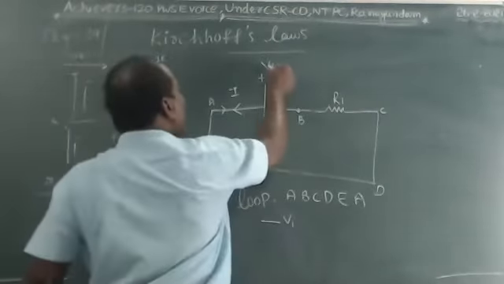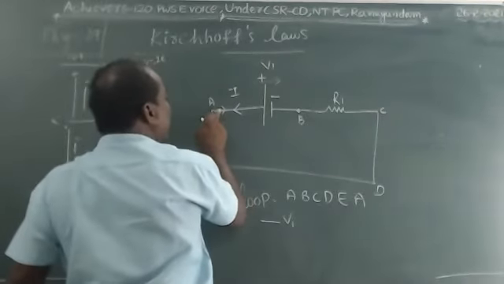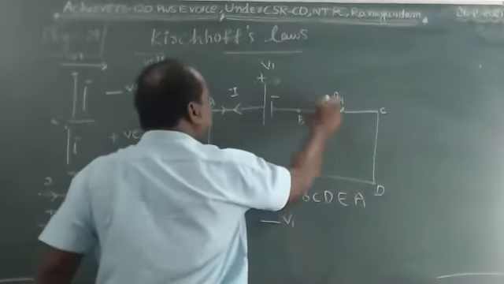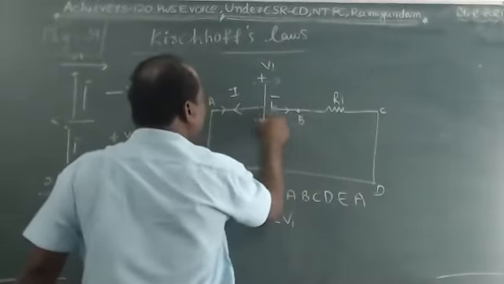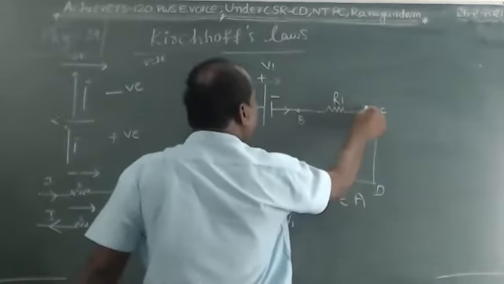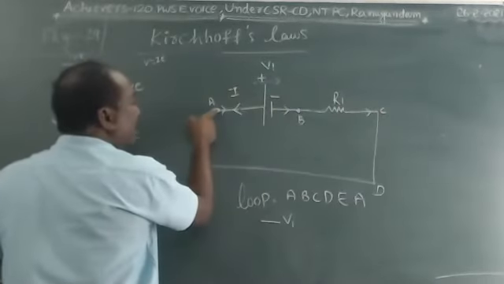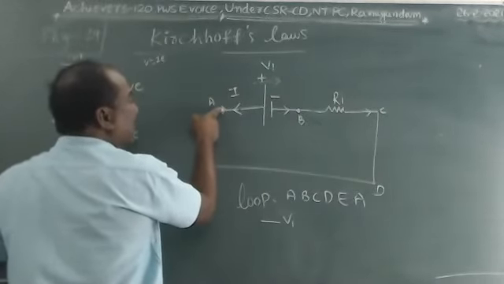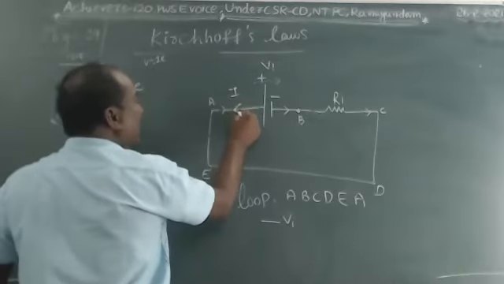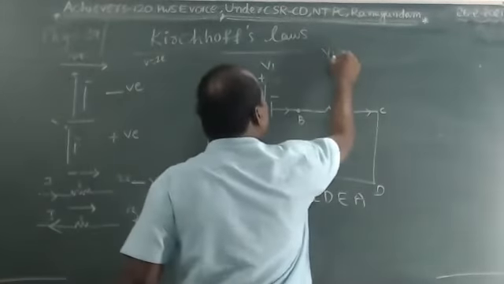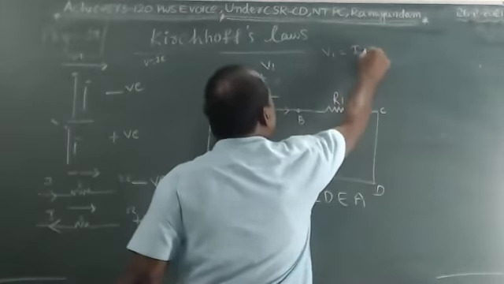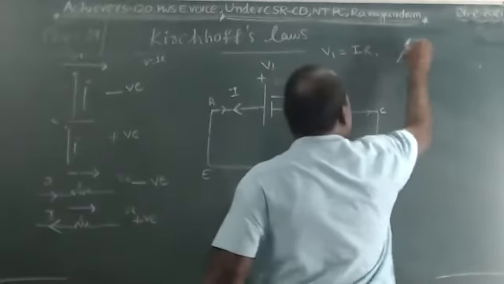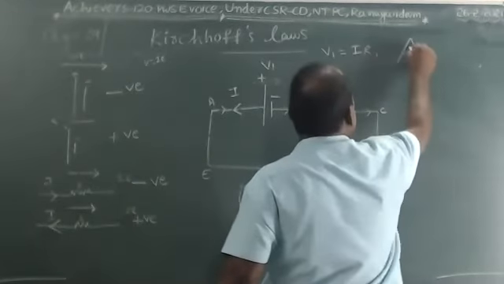And here V1, this potential difference, is across the current and resistance also. The potential difference is moving continuously like this. See this potential difference direction, and this is the current direction. Then what is the V1 formula? V1 equals I R1, according to Ohm's law, the voltage formula, children.